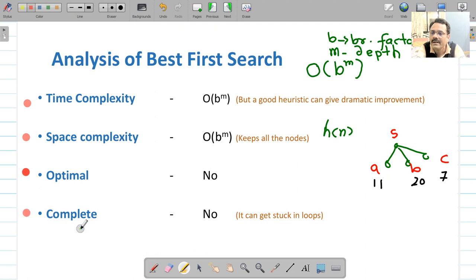Then completeness, whether the algorithm is complete or not. The completeness property refers to: do we have a guarantee that you will get a solution if it exists? Let us go to the best first search algorithm. You start with the starting node and go on exploring nodes by selecting the most promising node. So you will find out the